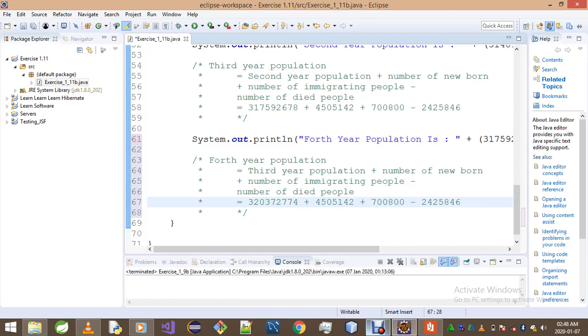That's our population for the fourth year. This is the population for the third year. So we've got to write the very last population, and that is given as